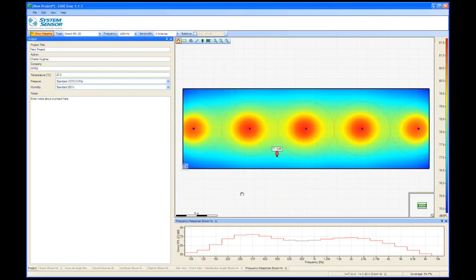EASE Evac is very useful for drawing two-dimensional plots, plan view of rooms, placing ceiling or wall loudspeakers in the room, and then mapping the SPL within that room. One can also assign surface materials to the walls, ceilings, and floors that have very similar acoustical attributes to the actual surfaces in the room, and that helps determine what the reverberation is within the